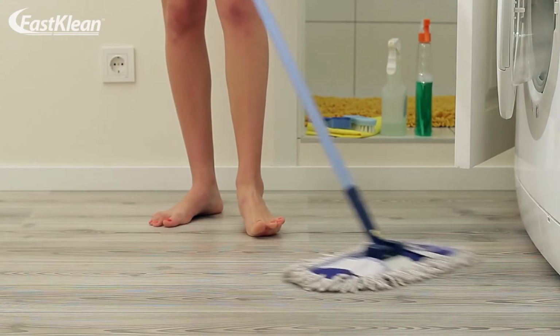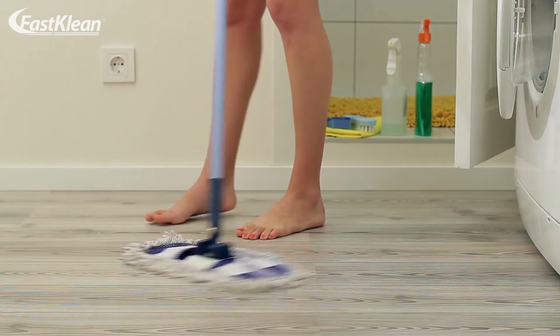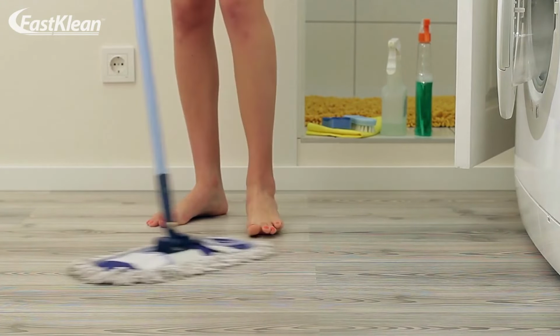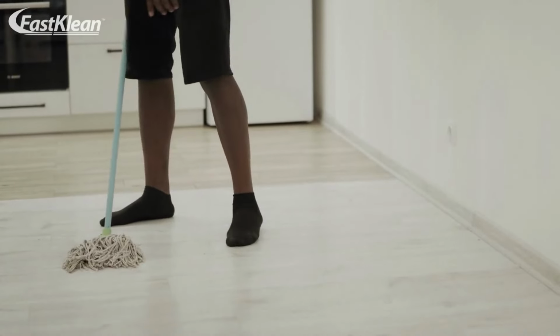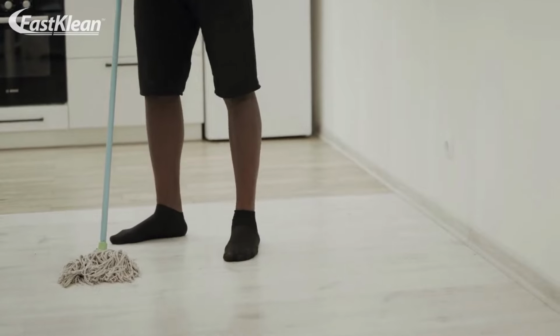When you have dirt on the floor, you will spread the dirt all over the place when you clean, as you get dirty everywhere. It would be best if you began mopping from the far end of the room towards the doorway to avoid stepping on the